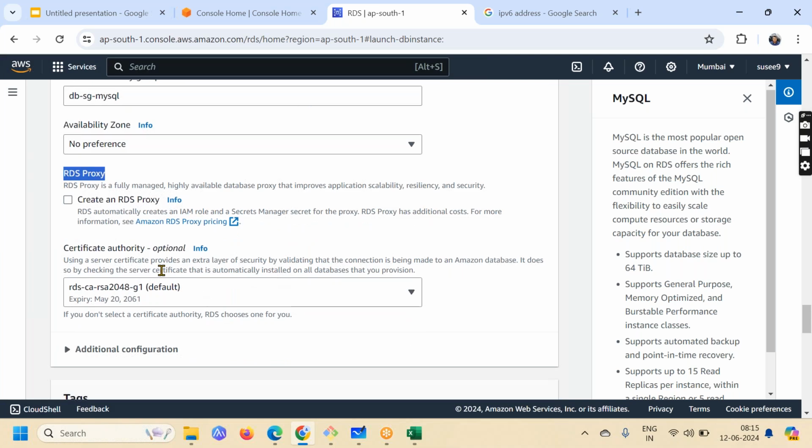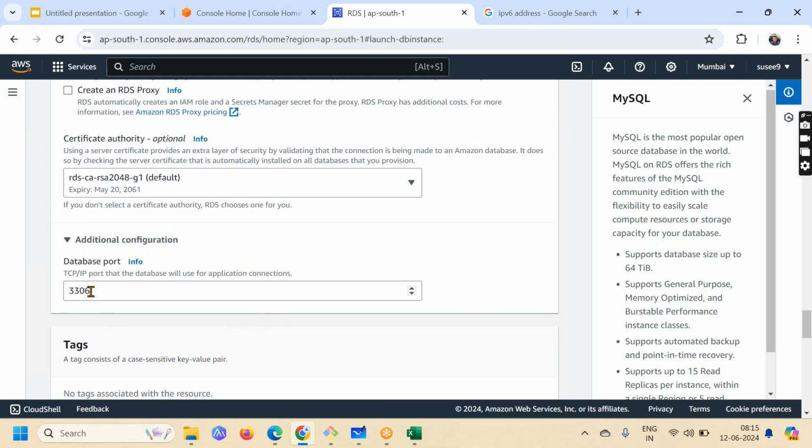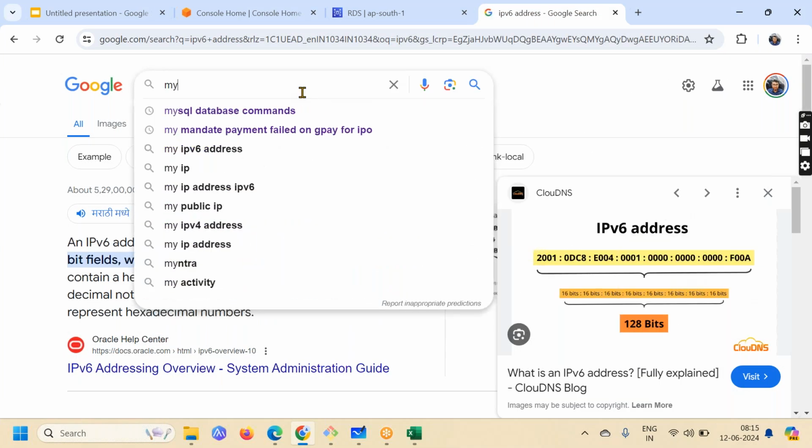Then we have this certificate. While connecting to your database, the certificate is again an optional thing, and let it be by default, whatever it is. Anything we have additional. Okay, so that's the default port number for your database. Now, the MySQL database port is a well-known port number. It is 3306, or if you're not aware of it, you can always search for it, like MySQL